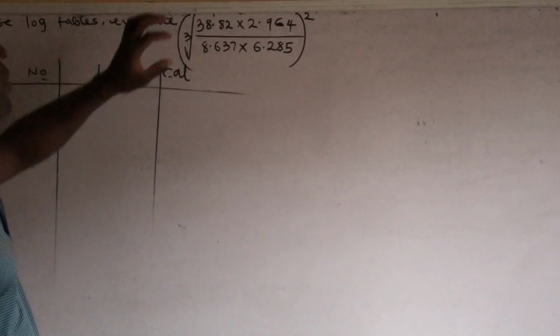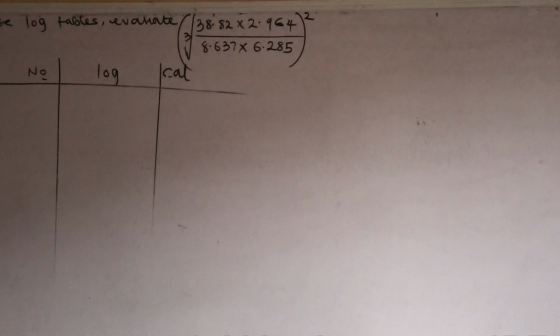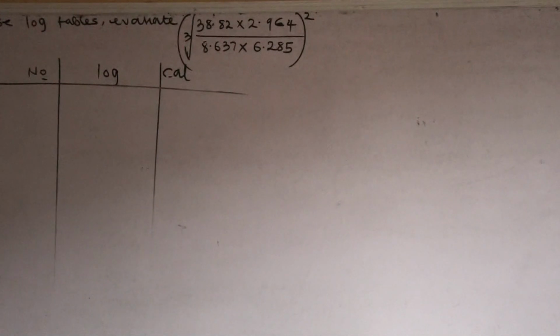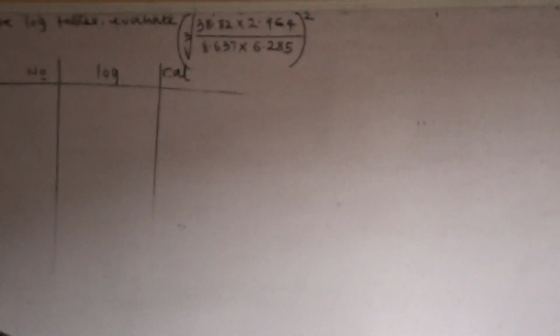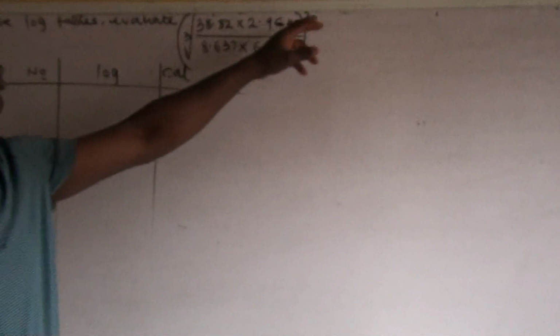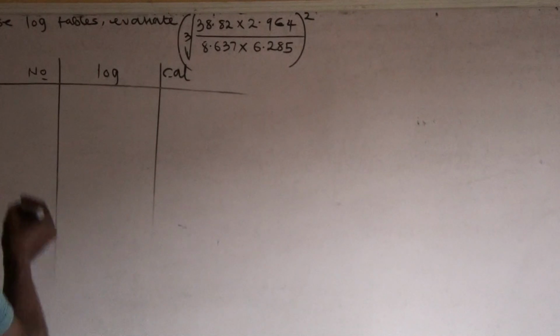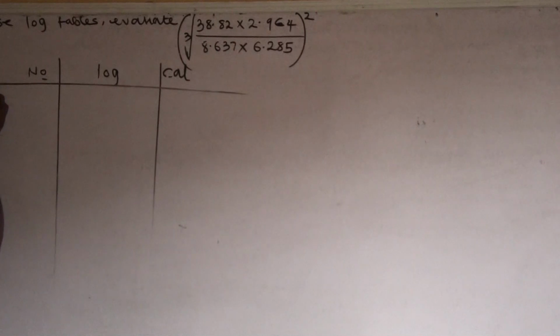The cube root simply means that at the end, since it covers everything, we are going to multiply the result by 1/3, and the square means we're going to multiply the result by 2. The first thing you do here is write the number first. The first number is